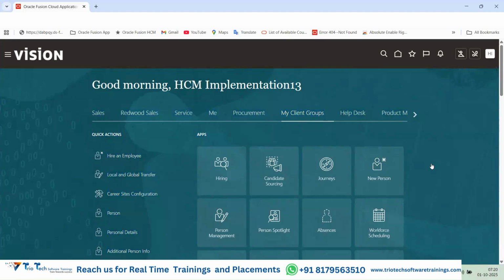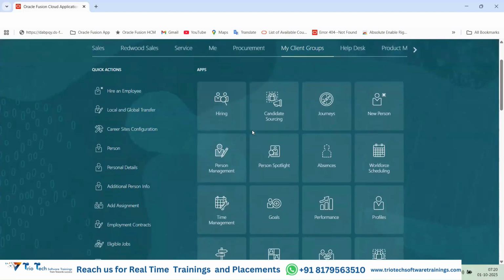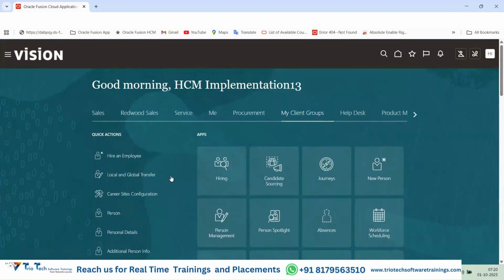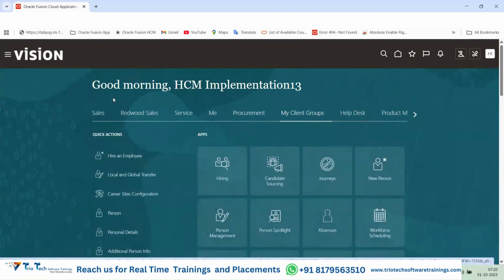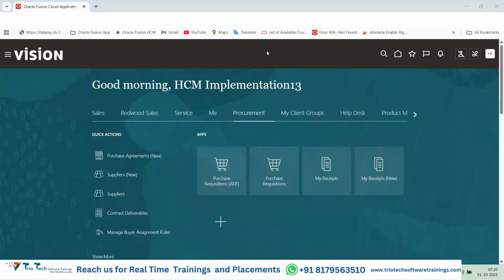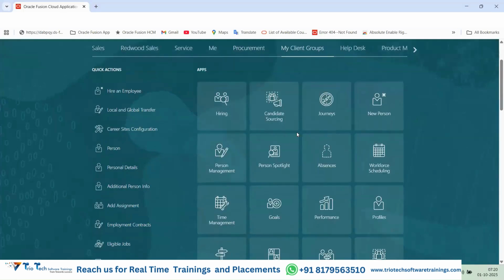So whenever you're working in real time, these are the terminologies you have to use when you're discussing with your colleagues or when you're speaking with your team members. Okay. This is about Springboard. Now, whatever you are able to see here under the Springboard area, team, whatever the options that we have here,